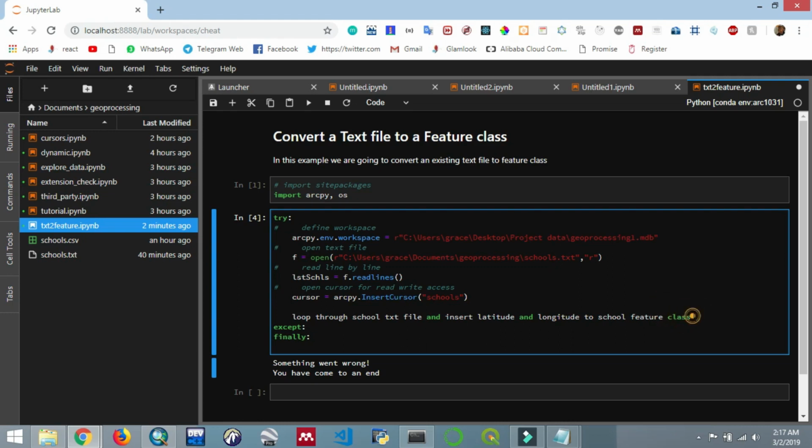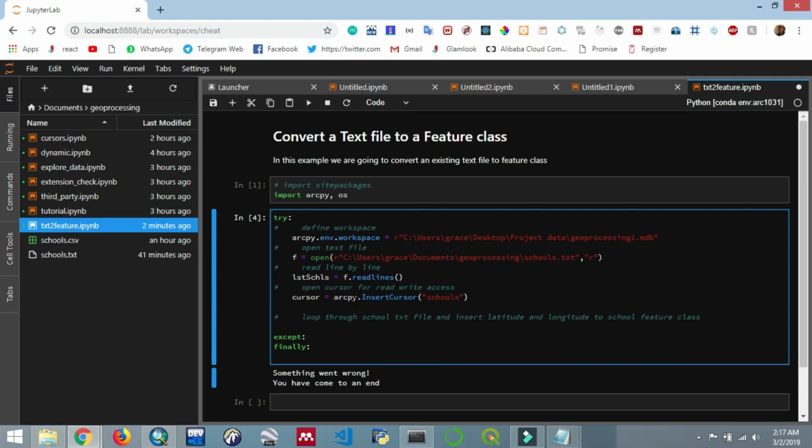Yeah, so like that. That's a comment. Then tab it, so for school in lists of schools, this variable,